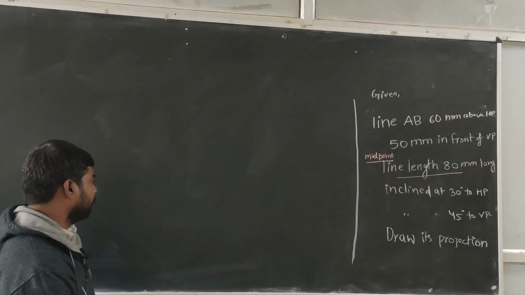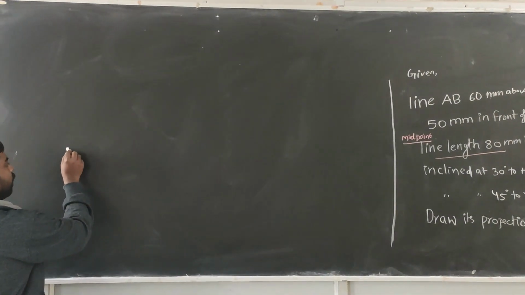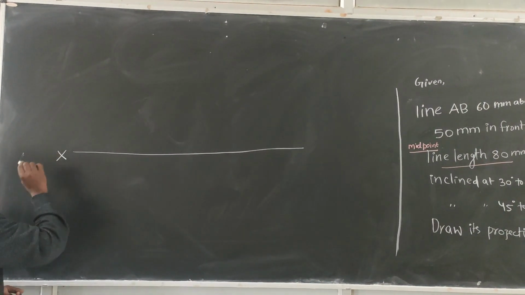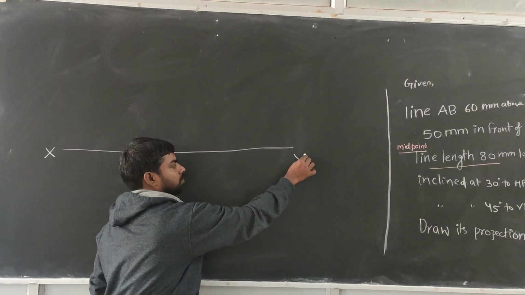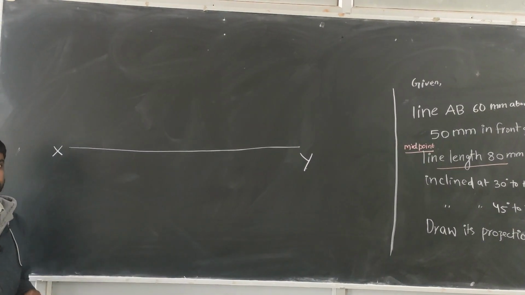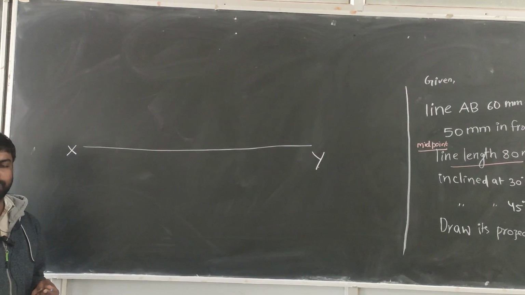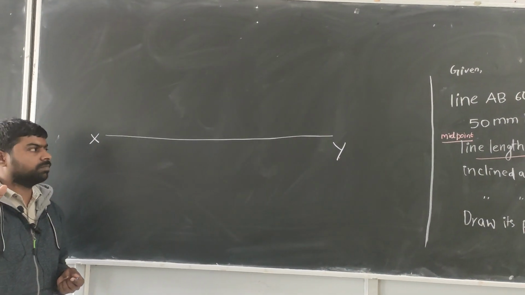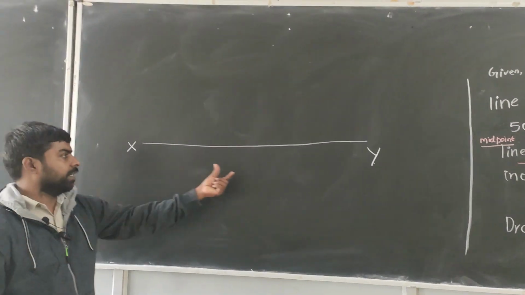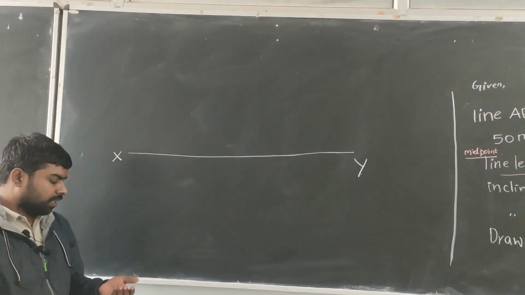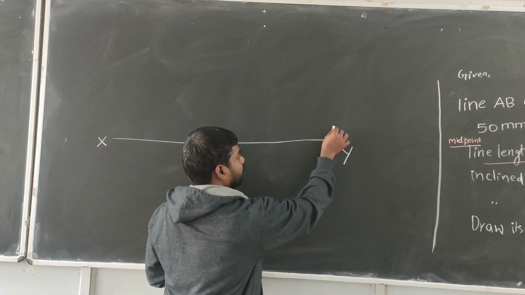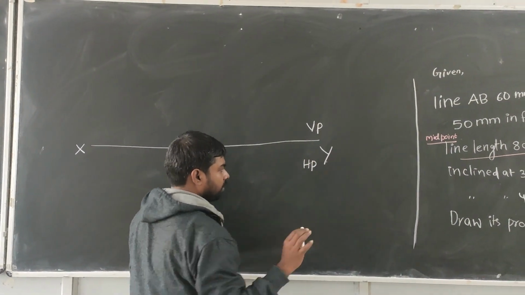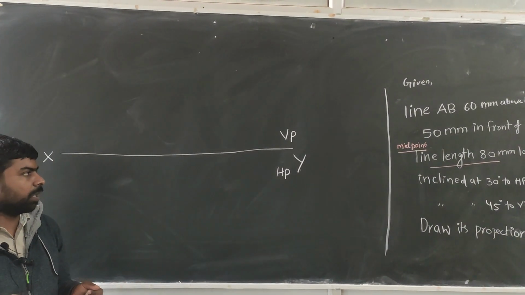So first we will do the preliminary works, that is making one reference plane and giving the name for the reference plane. Sometimes due to autofocus it will give blur. During that time you have to adjust it manually. Okay. So give the reference plane and give the name x, y, and you know that above the reference plane is VP, below that HP, that you give the name. Up to that there is no problem.